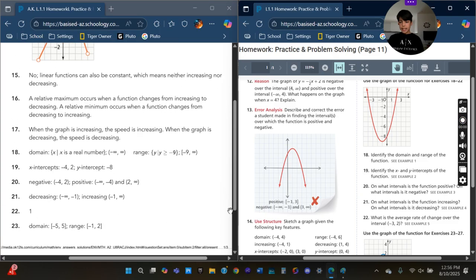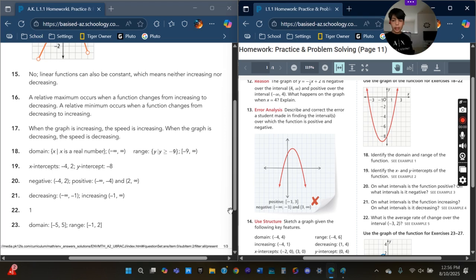For 20, it's asking when is the function positive, and when is it negative. So for positive, it would just be when it's above the x-axis, and negative is just when it's below. So for the positive, it would just be negative infinity to -4,